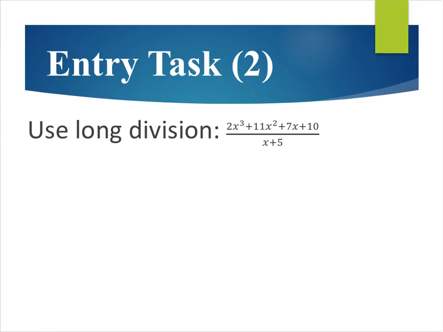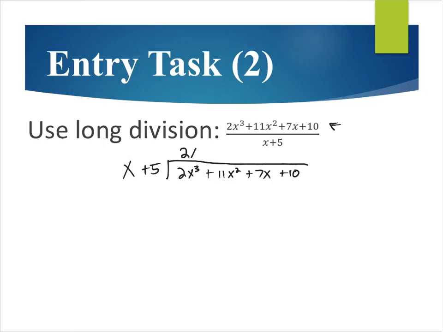So I just want to do one more with you. The first thing I want to check is to make sure that all my place values are there. It looks like it is. I'm just going to do this as quickly as I can, trying to explain as I go. x plus 5 goes on the outside. This 2x cubed plus 11x squared plus 7x plus 10 goes inside here. I think, what times x gets me 2x cubed? It's got to be